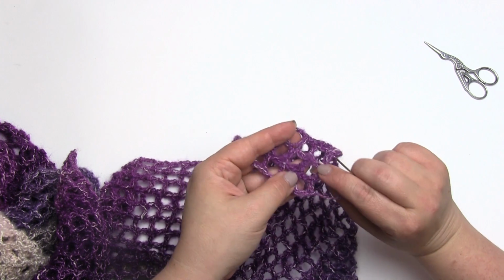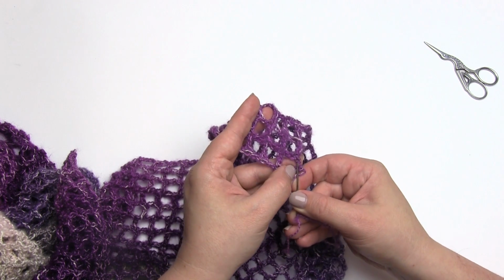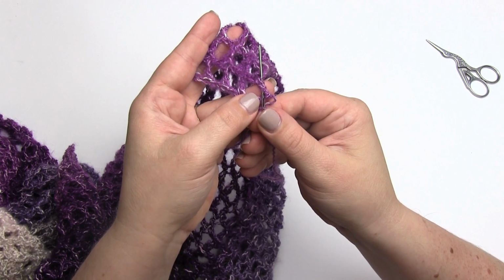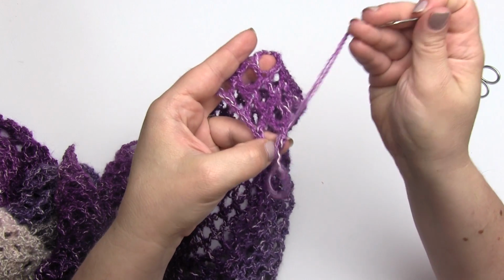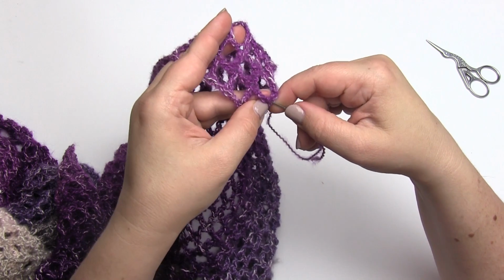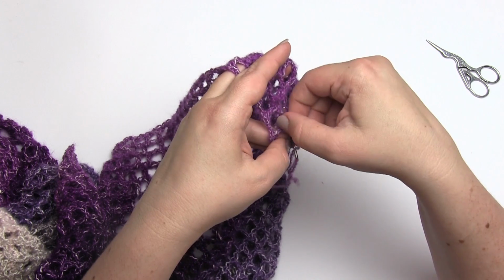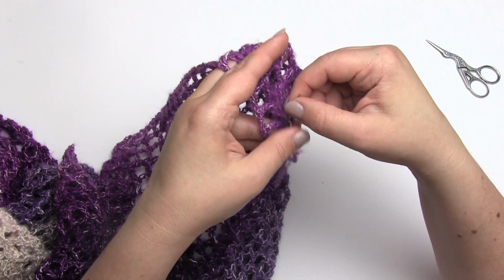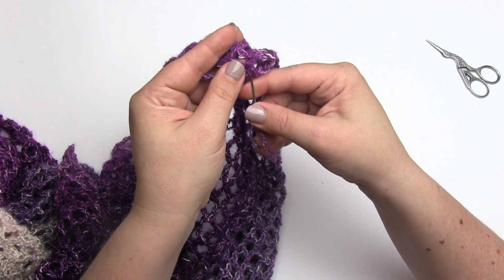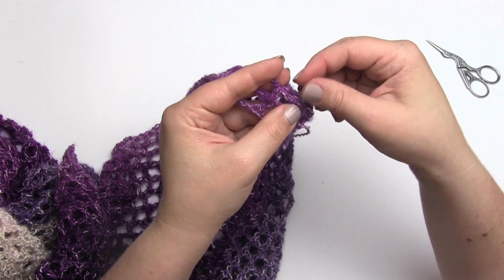With a pattern like this, it can be a little bit tricky because you don't have a nice solid fabric to weave it into. But it helps if you just sort of go along the stitches as best you can. Pull it up a little bit there so you can see it a little easier. And the key to something like this, weaving in the ends, is just to do it for a really long time, as long as you can handle. Going along the stitches, like so, weaving them in, and then eventually, after you've gotten a little bit further away from where you started,